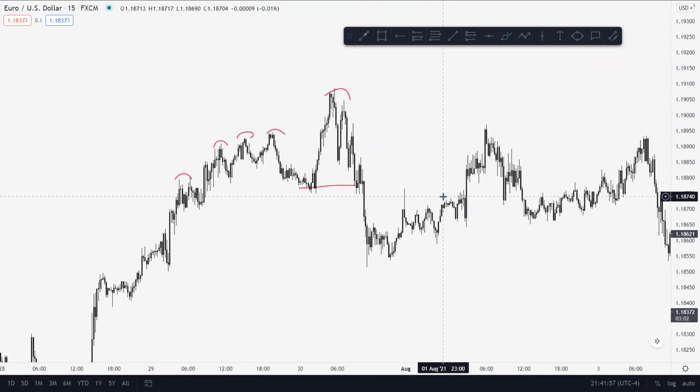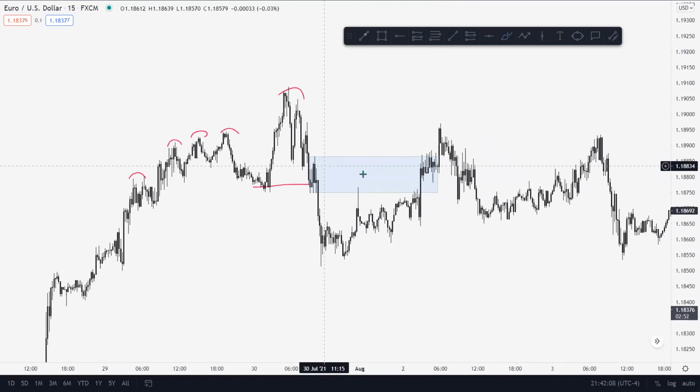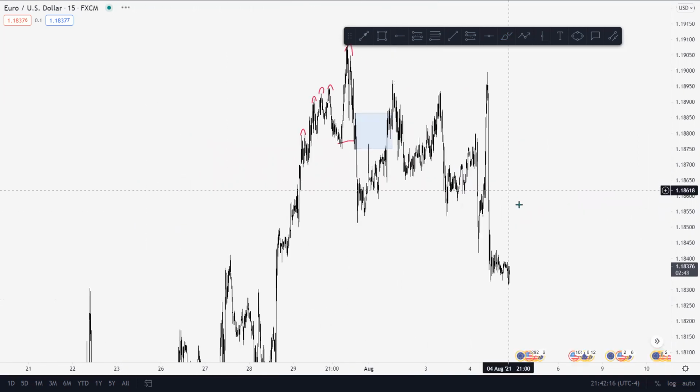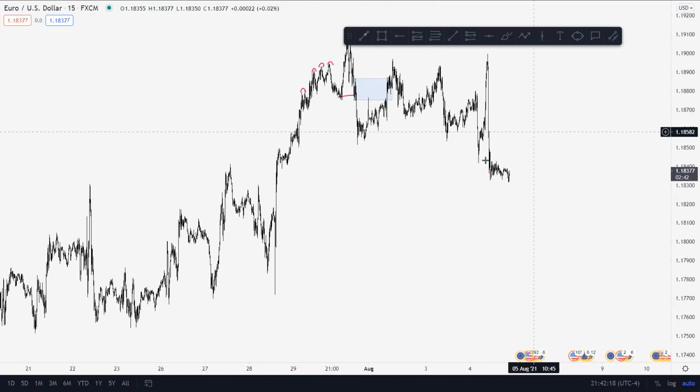But what we ended up doing is we tested here, right? So this was a supply level. And you guys know by now, hopefully, that I trade a lot of supply and demand. So we tapped into the supply level, pushed down really nicely. It looked like it was going to go short, but ultimately didn't. Now, I expected it to go short, to be honest, because we need to come down into here. There's no way we're just going to leave this huge spike, right? We took liquidity and just moved, right?